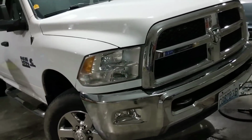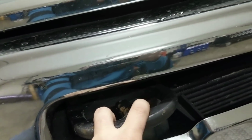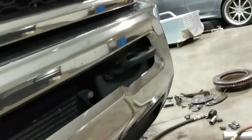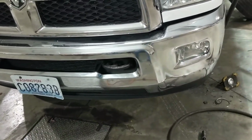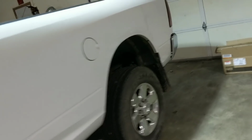I'll go around. Guys, these hooks, man, I can't stress enough. My guy knows it, and I still don't know why he hooked onto it last night. Should have never hooked up to this, man. Anyway, so don't use these hooks to pull anything down. If you want to pull straight at level, go ahead. But when you pull down, you're screwing your bumper up, because those hooks are just piggybacked onto the